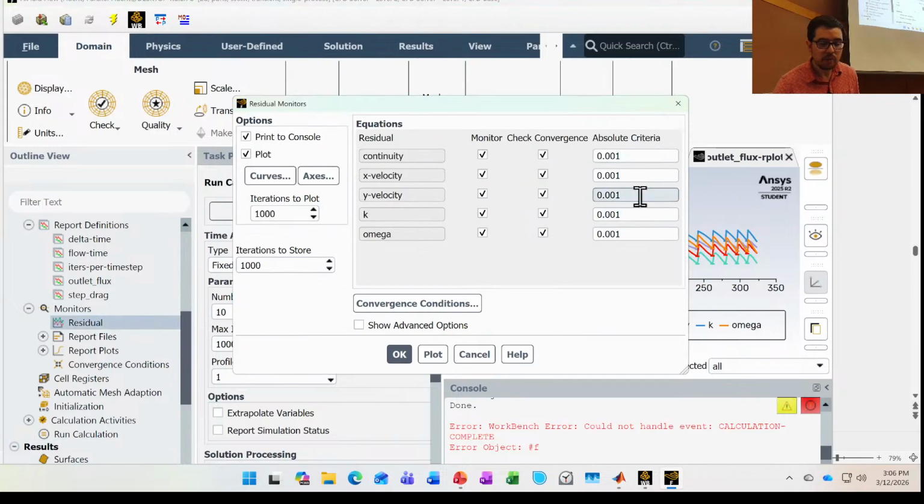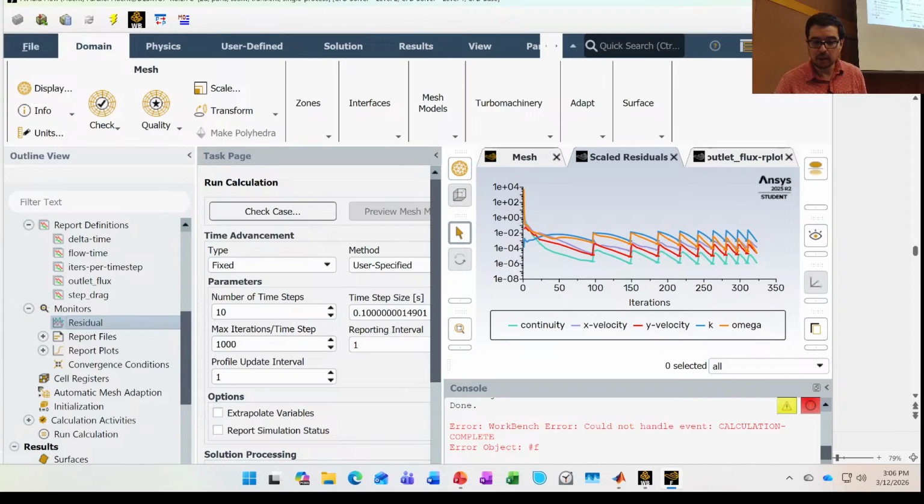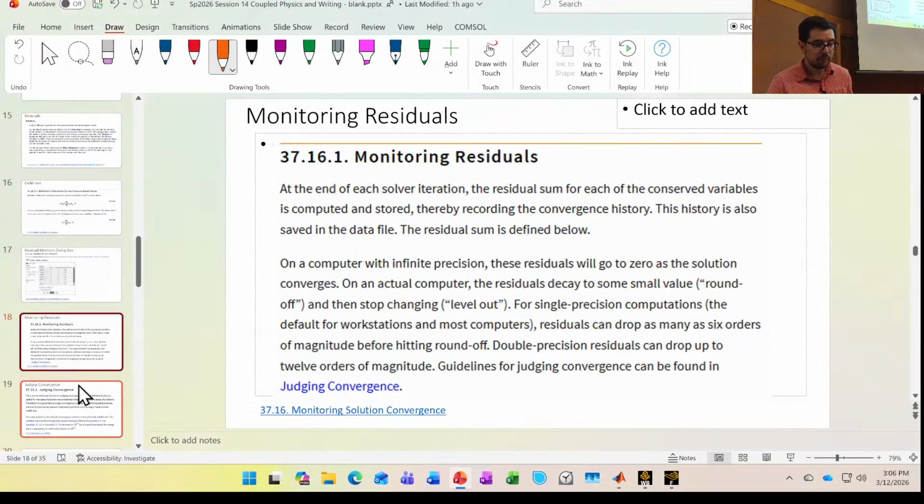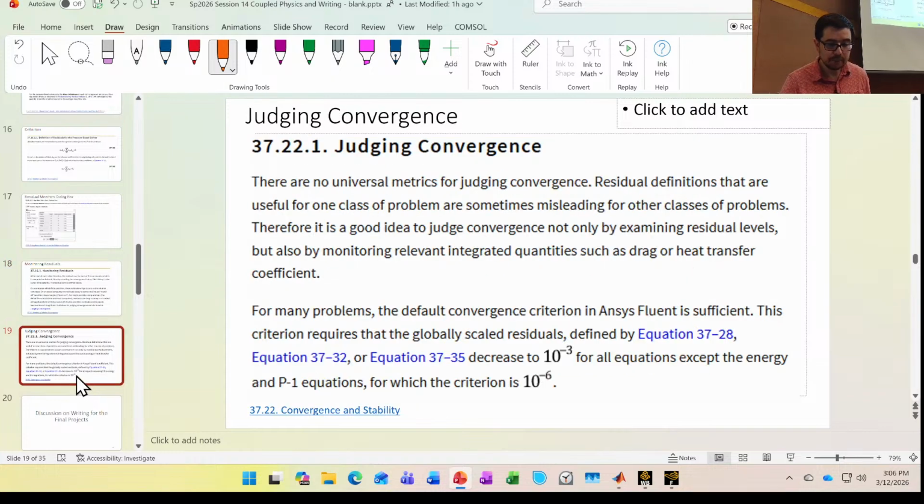I'm not sure if 0.001 is a low enough residual. I'm going to decrease my residual to 0.0001 and see if I can still get the same result. Okay? So there are additional things that you can do, and when you start looking at a final value like the drag force on a step, there are a number of things that can affect that result. Okay. You gotta love the art of numerical simulations.